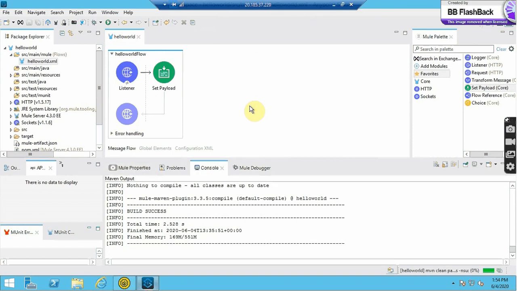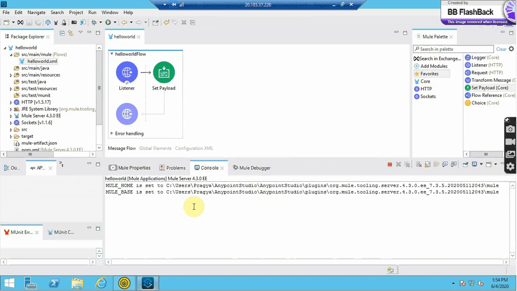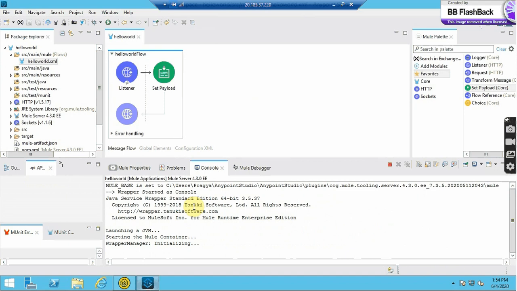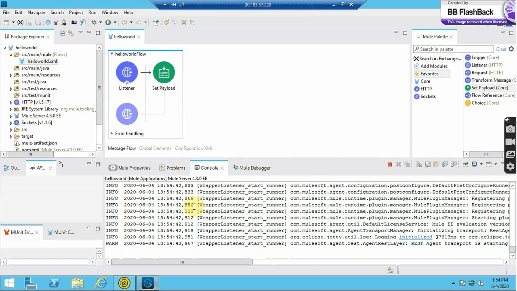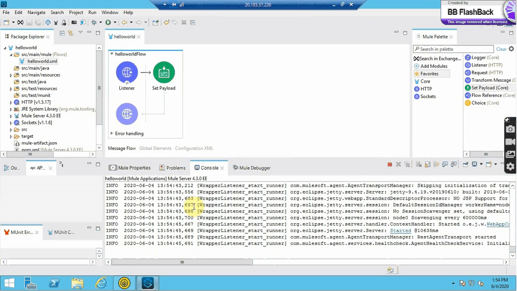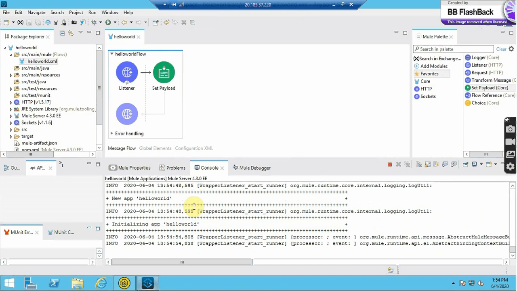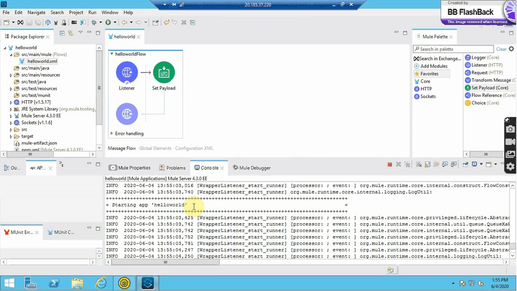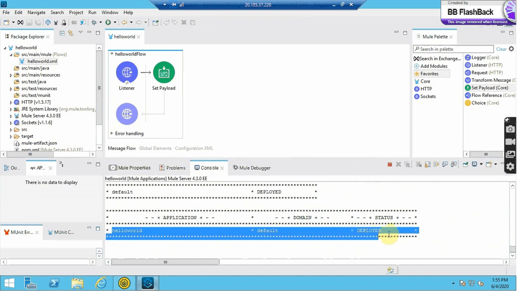Just click on that, and here it has been started. Here it's showing that it has been deployed successfully.